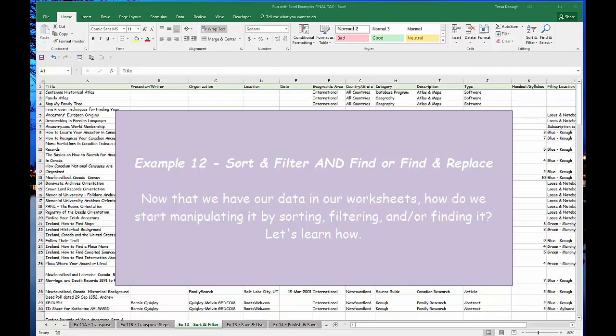Example 12 is one of the big reasons we want to use Excel with our genealogy. Oftentimes we have lots of data. In my instance, it was the birth, marriage, and burial records from my Newfoundland research. Once our worksheets are complete, whether we've done that through downloading, exporting, or manually entering the data, then the real